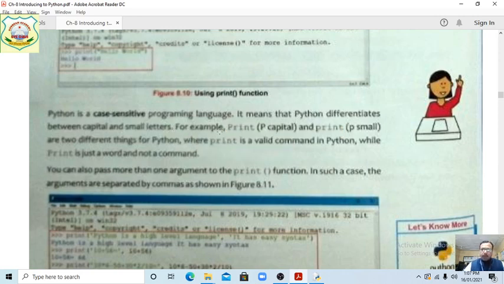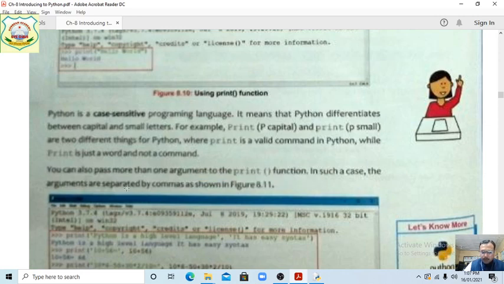For example, print with a small p and Print with a capital P are two different things for Python. Print in small letters is a valid command in Python, while Print with a capital P is just a word and not a command.